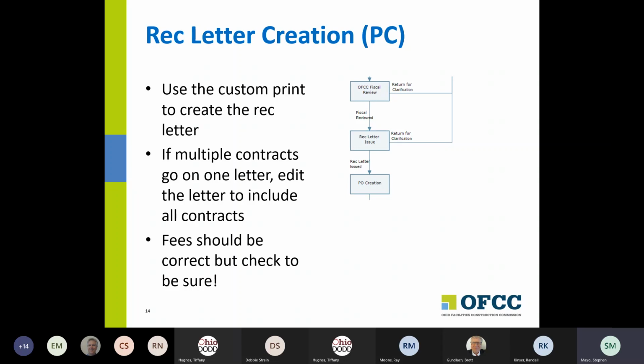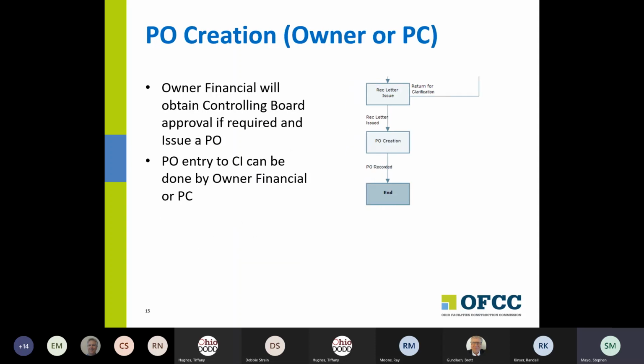Note on the bottom, fees should be correct. We've done everything to make sure that the application processes them correctly. It's a new application. If I were the owner, I'd check my fees just like you checked them today, and let us know when they're not right, and we'll figure out why and get that fixed. I'd like to think they're all going to be correct because I did a lot of the testing on that particular application. So